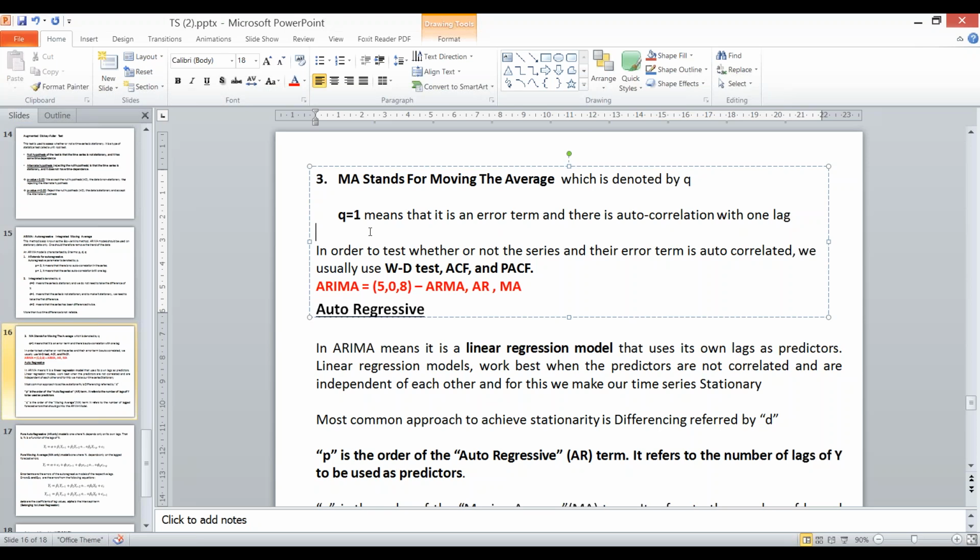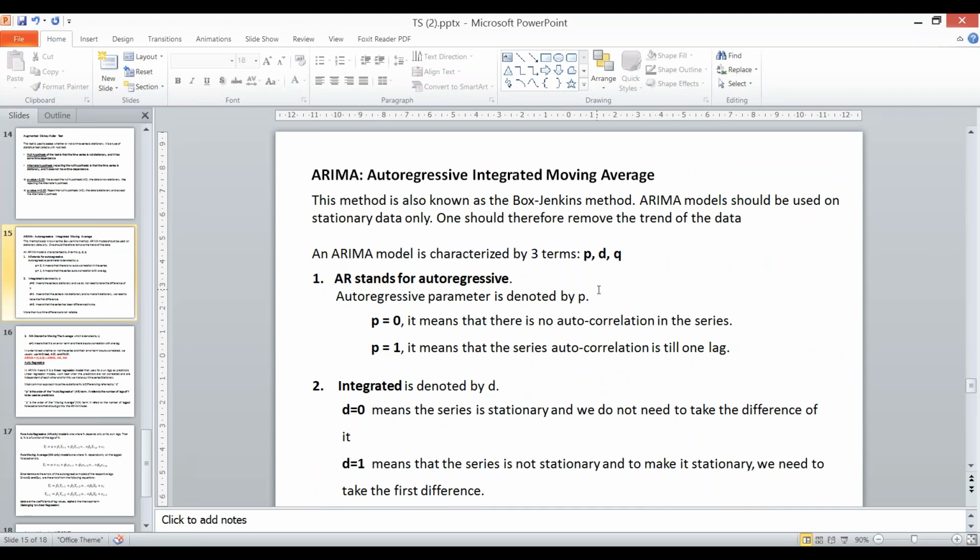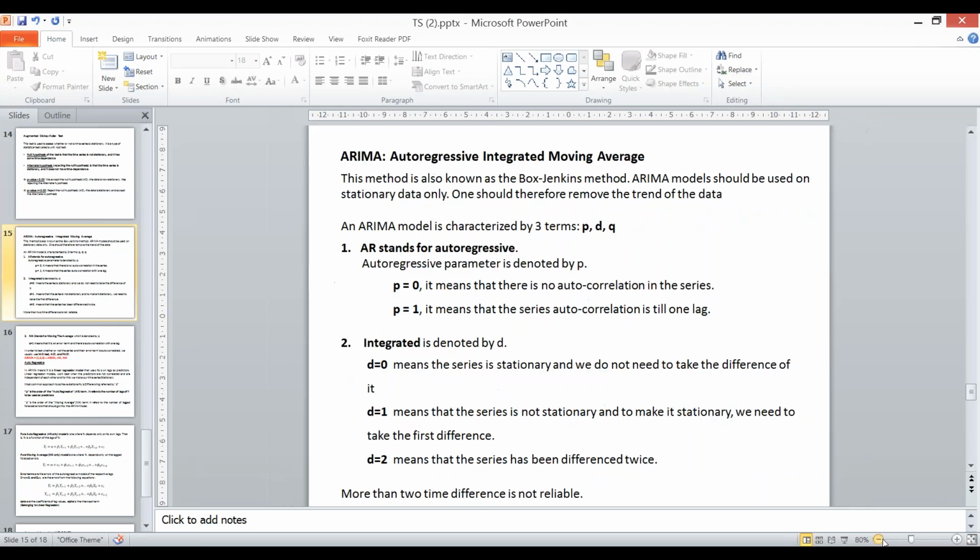So any confusion in this P, Q and D value of ARIMA? What are these values referring to? Is anyone having any confusion?